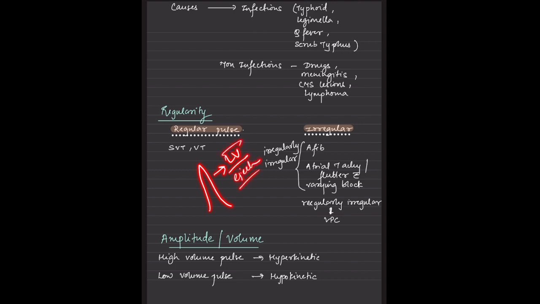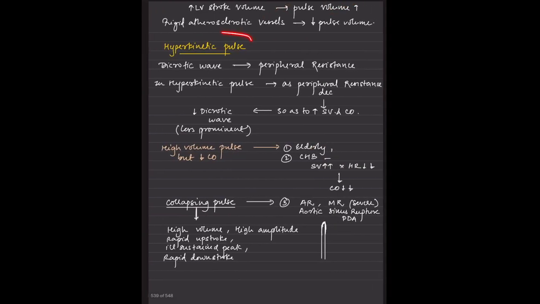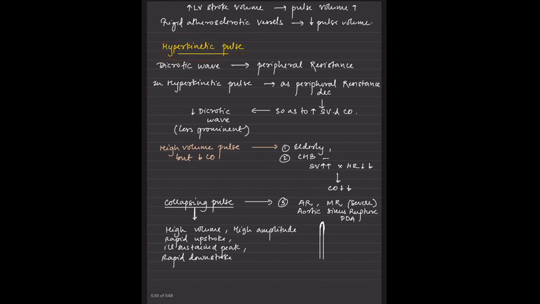Okay, that will be mostly in a hyperkinetic situation. So high volume pulse is hyperkinetic, low volume pulse is hypokinetic. An increase in the stroke volume means an increase in the pulse volume. Hyperkinetic pulse. So if we see the dicrotic wave in the hyperkinetic pulse,